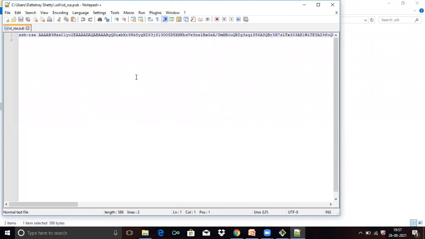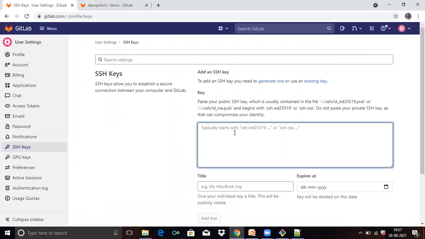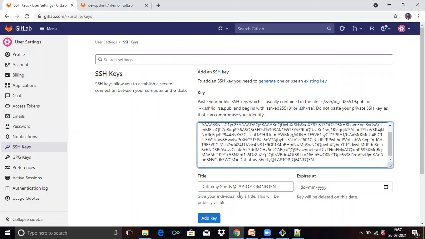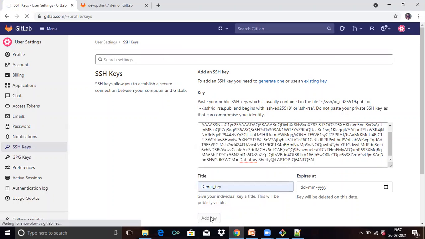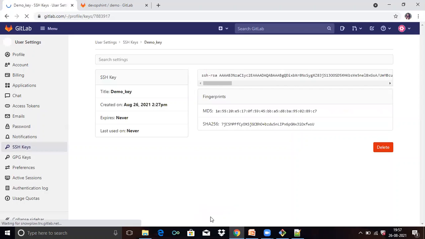Copy the key and go to the GitLab and paste here. If you want to change the title, then you can change it. So demo key, then click on add key. You can see here the SSH key has been added successfully in GitLab.